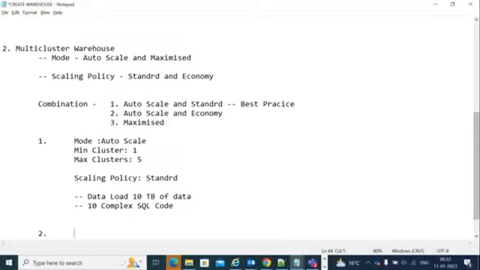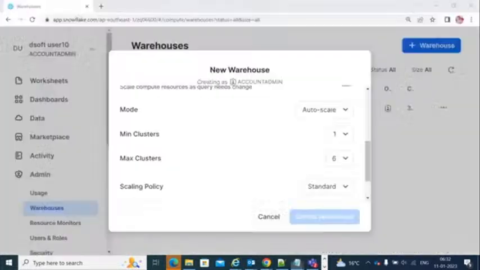Fine. Does the cluster count, 1 to 5, increase automatically as per the data load, or do we have to increase it whenever we have more data? No. See, while creating a multi-cluster warehouse, you will define it like this: 1 and then 6. You will give the maximum number of clusters as 6. Okay. What Snowflake will do based on the requirement, as you have created this maximum number of 6,